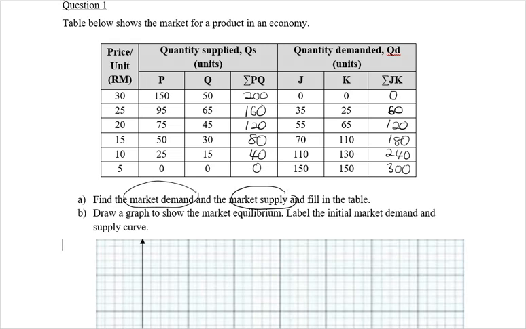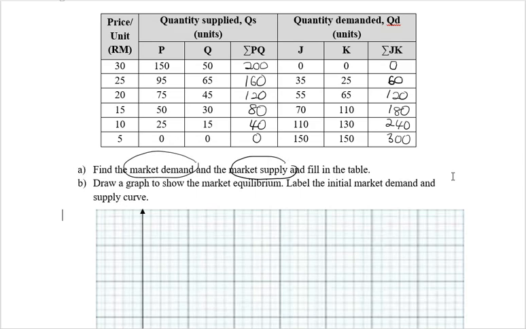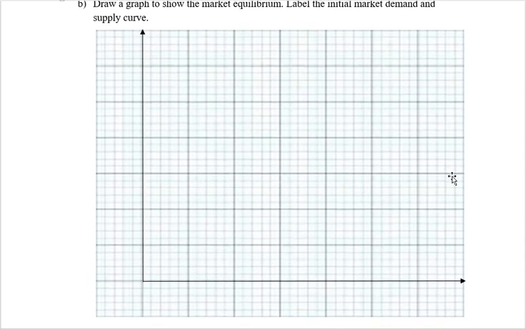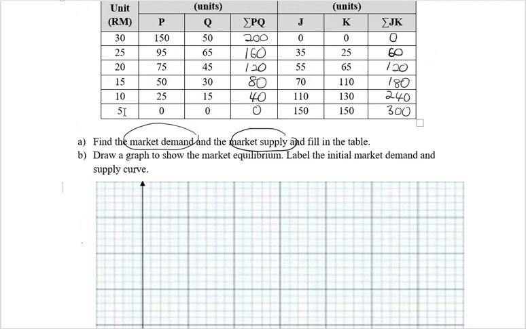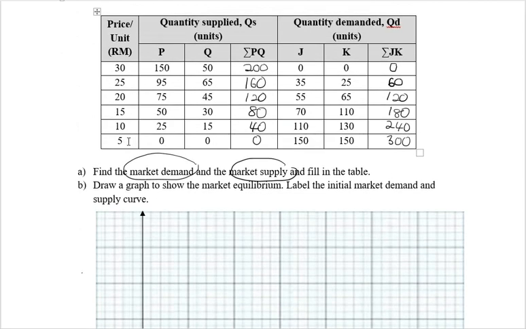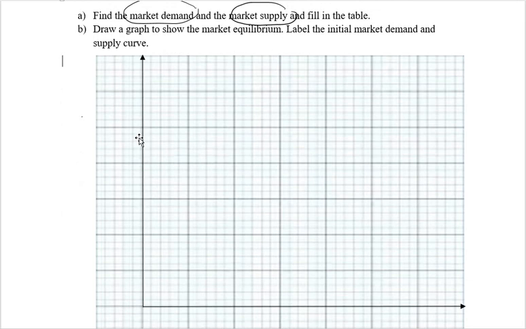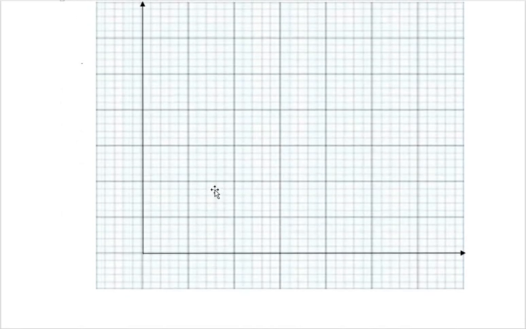So once you get your market supply and market demand, you can use the information to draw the demand curve and supply curve. So I have here a graph. I've constructed the y-axis and x-axis. Okay, so what you have to do here is the scaling. To do the scaling, you have to refer to the information in your table here. So the price here, the gap or the scale is 5 to 5. So you do the scaling here 5, 5, meaning you will start with 5. This is 0, and then you will start with 5,